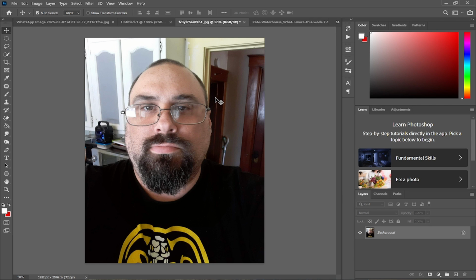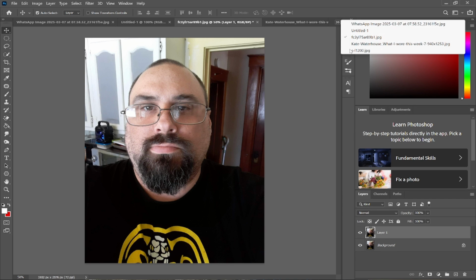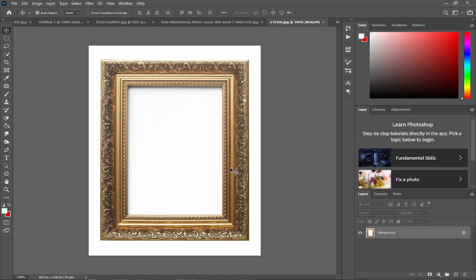So all you have to do is to make sure you create a new layer for this picture, and that's Control J. You create a new layer for the picture. You can see it is copied here. It has given us a new layer over here. So after creating a new layer, you press Control C on the keyboard to copy the picture. After that, you come to where the frame is, then you press Control V on the keyboard as well to